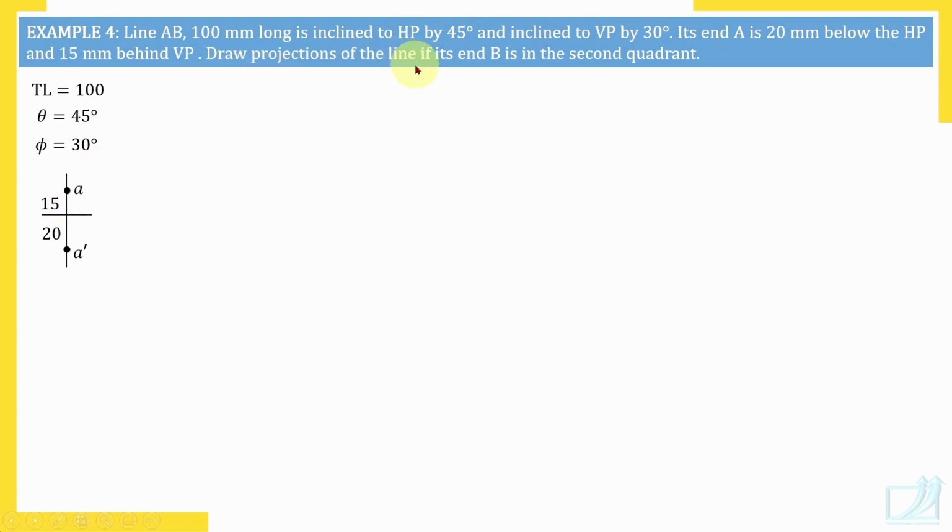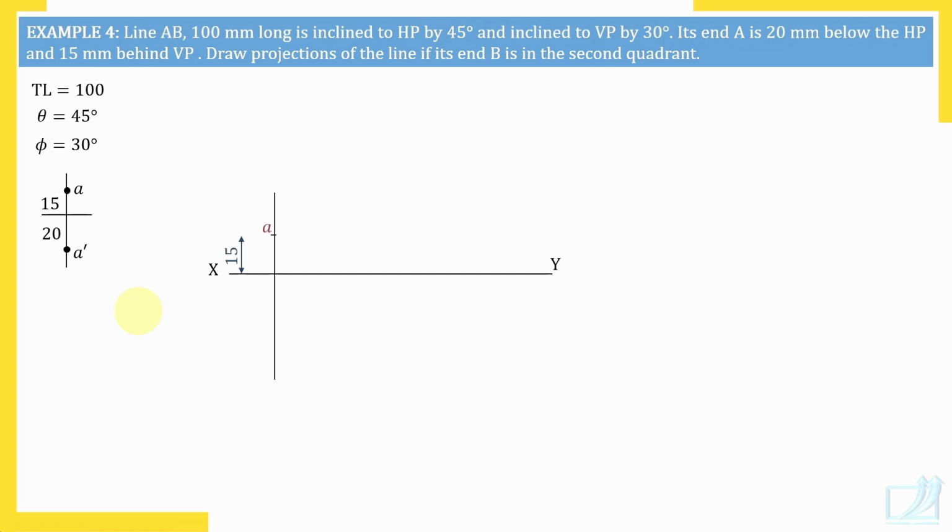Draw projections of the line if its end B is in second quadrant. End B is in second quadrant. What do you mean by second quadrant? B and B dash, top view and front view of point B, both must be above XY line, second quadrant. What do you mean by that? Both these angles you should measure now upwards. Okay, so let's proceed. Draw XY line, draw projector of the reference point A,